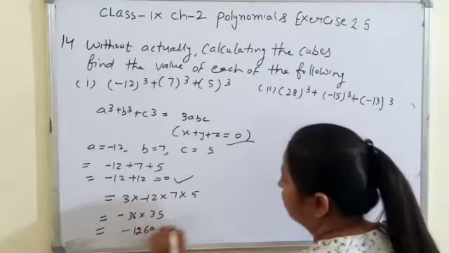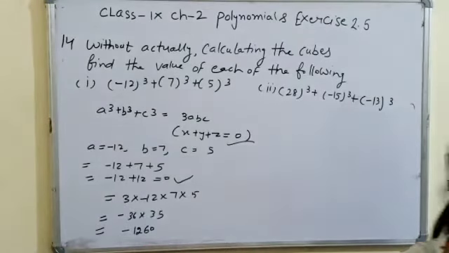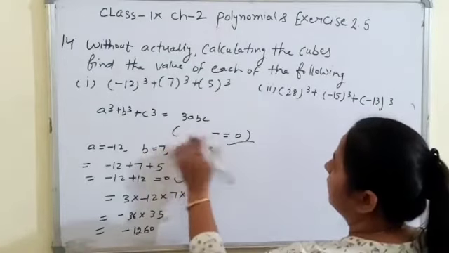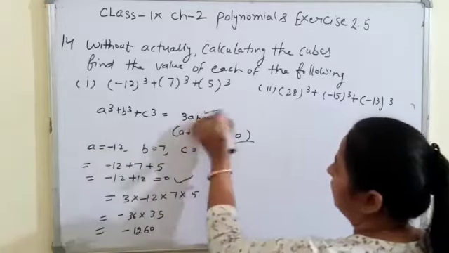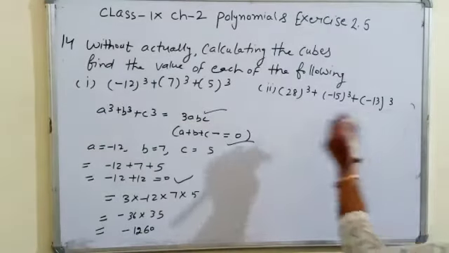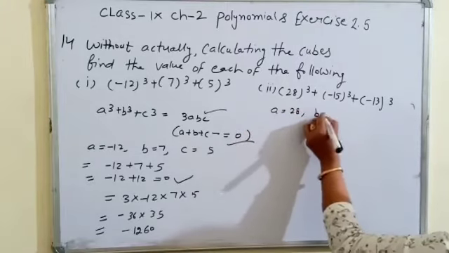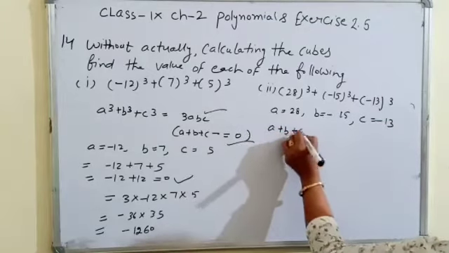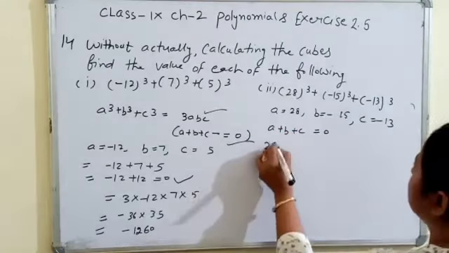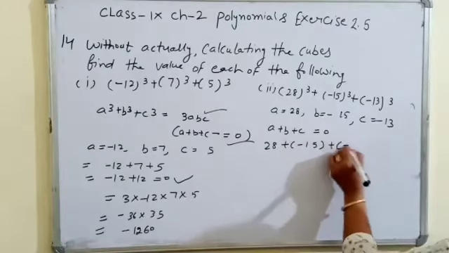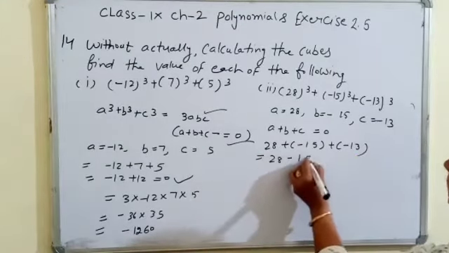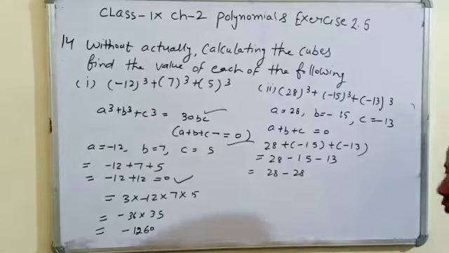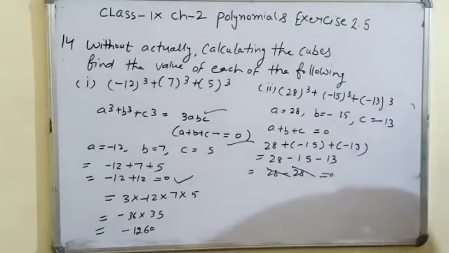Similarly for the second part, let's check whether this condition is verified or not. Write it as a plus b plus c, because we are taking the variables a, b, c, not x, y, z here. So for the second case, a is 28, b is minus 15 and c is minus 13. Let's check whether it is equal to 0 or not. 28 minus 15 minus 13 is 0. So for the second part, the condition is also verified, so directly we can write